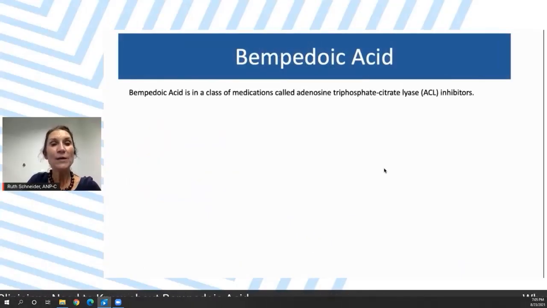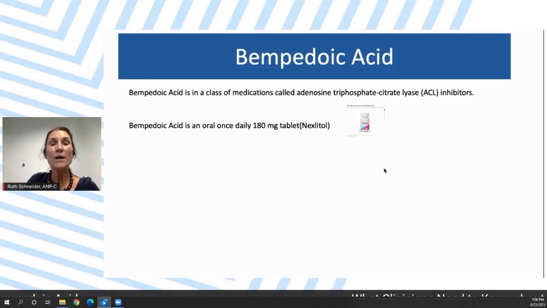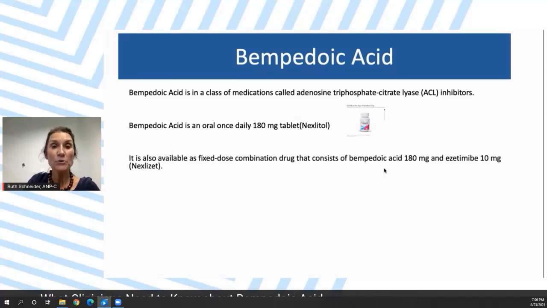All right, bempedoic acid is in a class of medications called adenosine triphosphate citrate lyase inhibitors, ACL inhibitors. It's the first of its kind in that class. Bempedoic acid is an oral, once daily 180 milligram tablet. Nexletol is the brand name. It is also available in a fixed dose combination drug that consists of bempedoic acid, 180 milligrams, and ezetimibe, 10